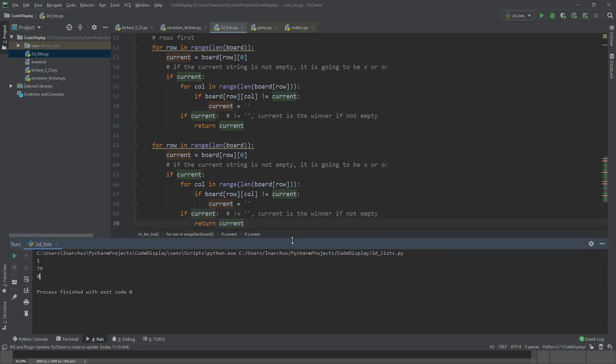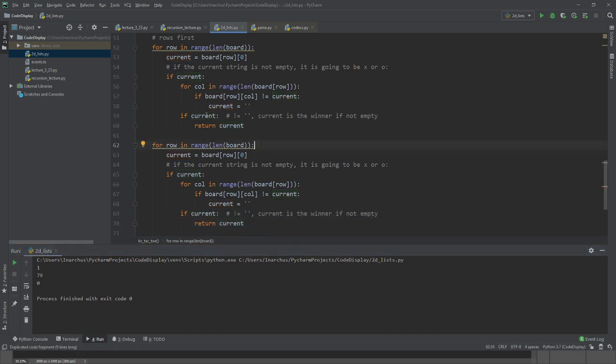Python is not going to like this because there's duplicative code currently, but what are we going to do to fix that? So now we're going to say for column in rangeLen board, and we're going to start at 0 col. And then here, technically this would have to be board 0, but it shouldn't matter. Then what we're going to do is do for row in rangeLen board. And so what we're going to do is we set